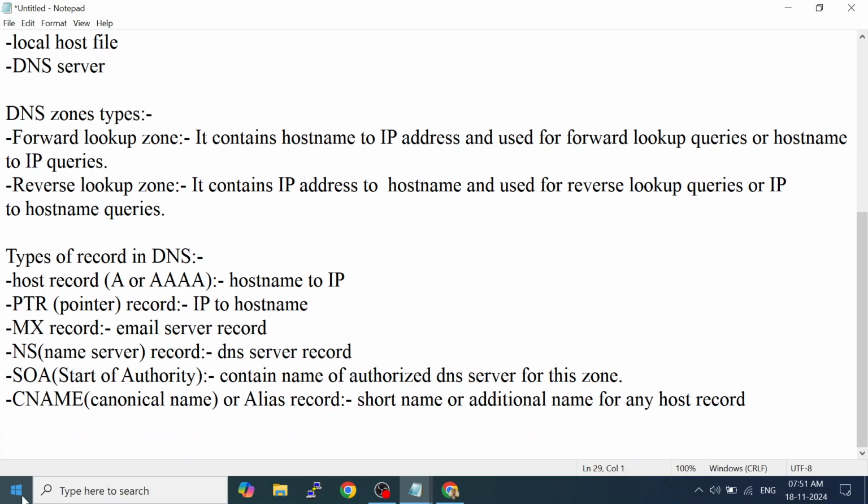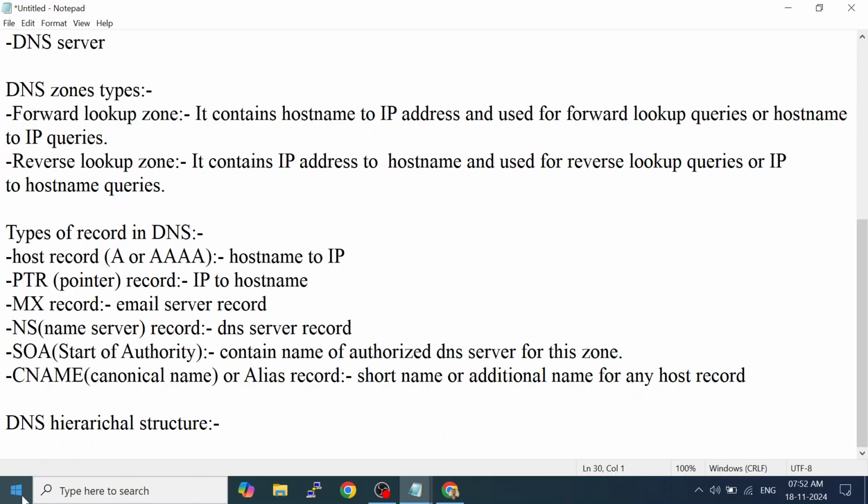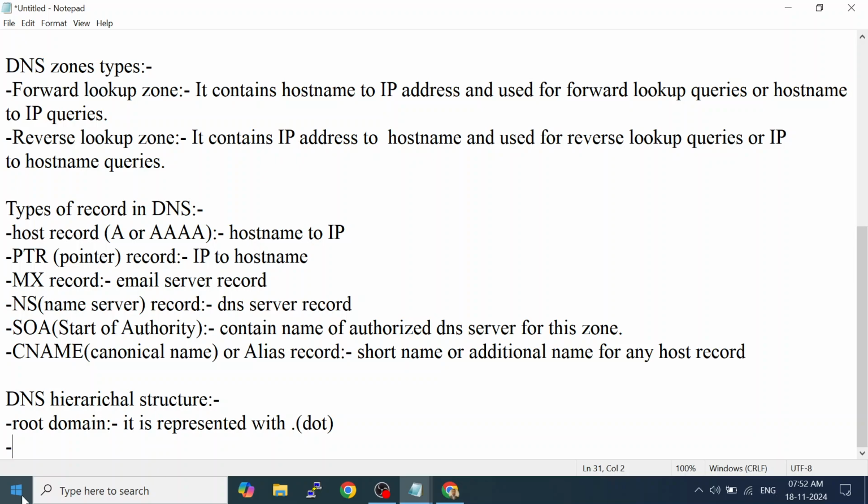Now the next is DNS hierarchy structure. First, here is the root domain. The root domain is represented with a dot. Next is the top level domain.